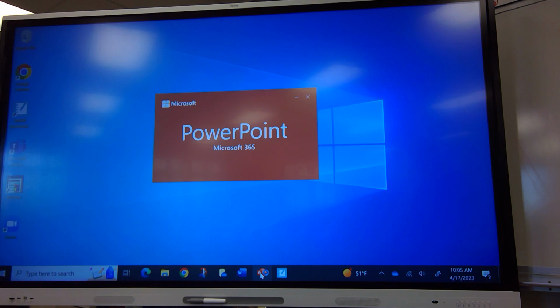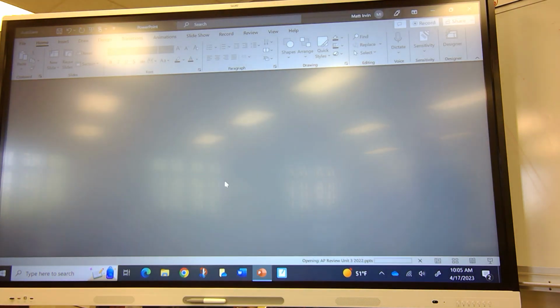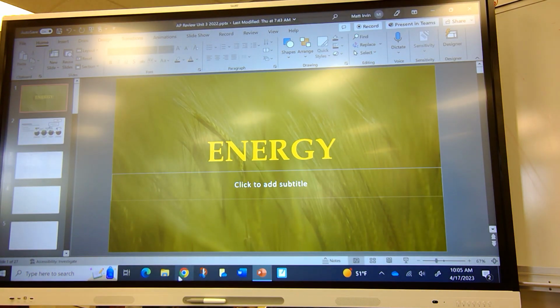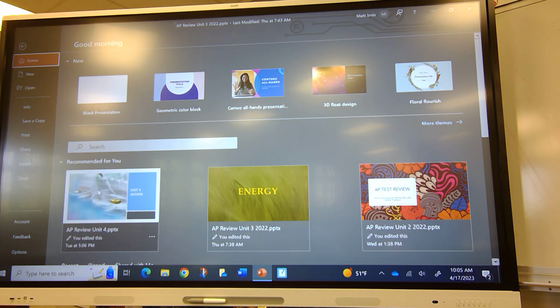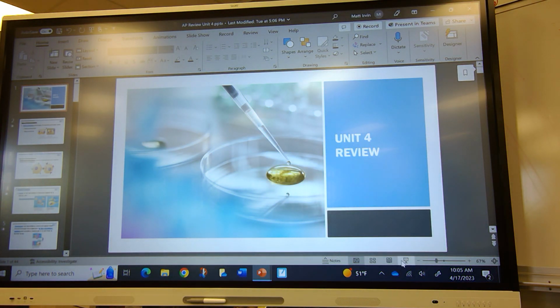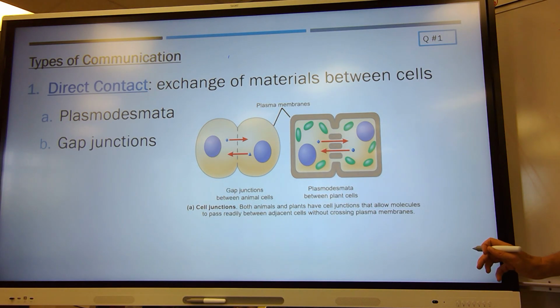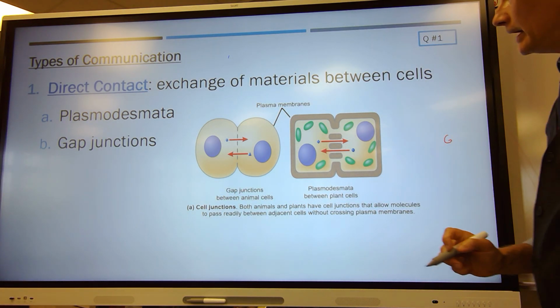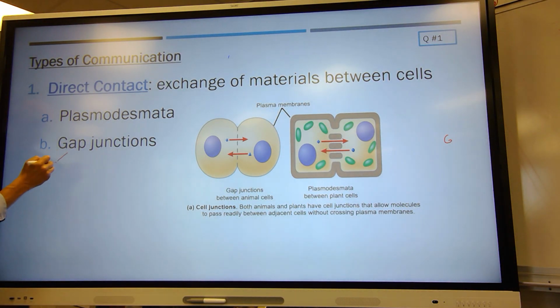The gap junctions are going to be tunnels between the animal cells. Things that are important about the Plasmodesmata and the gap junctions is they will allow very quick exchange between the cells, and particularly gap junctions, we'll see this in two areas. When we have